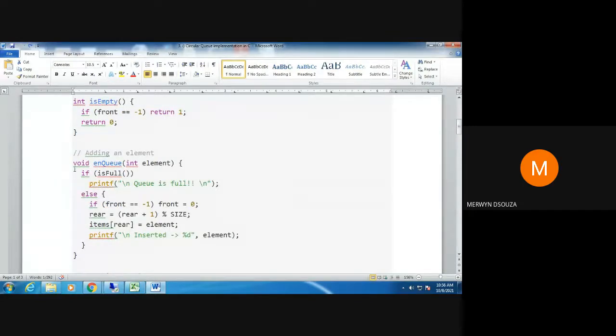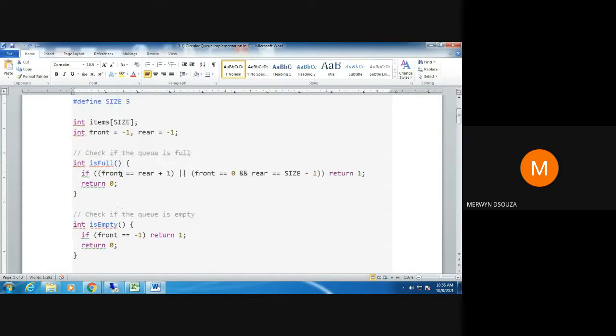this is the enqueue function. So I check for this condition whether the queue is full. If the queue is full, I cannot do any more insertions. Okay, I cannot enqueue more elements. When I check for this condition, again there is one more function. This is a function now, the isFull function. So to check whether the queue is full, I call this function isFull.